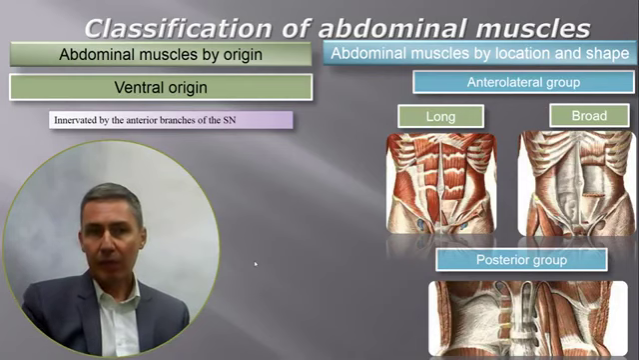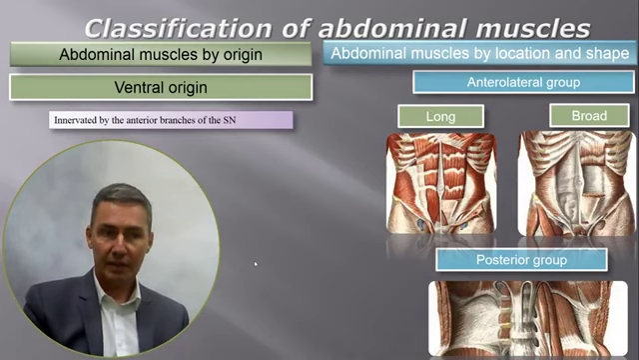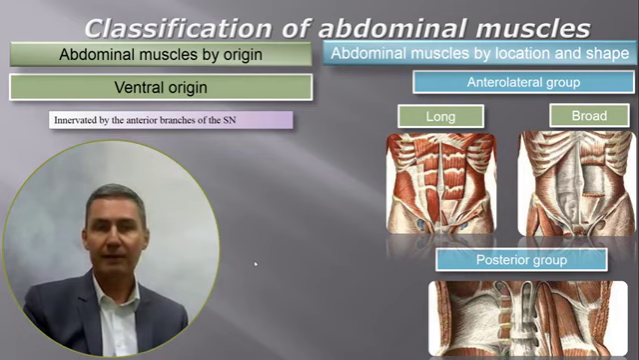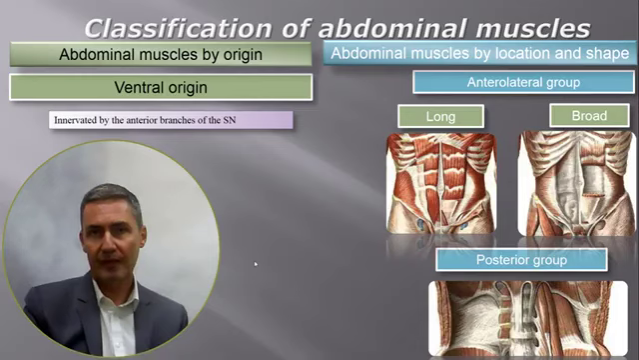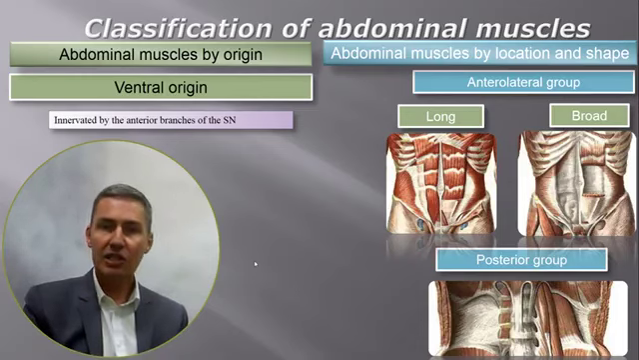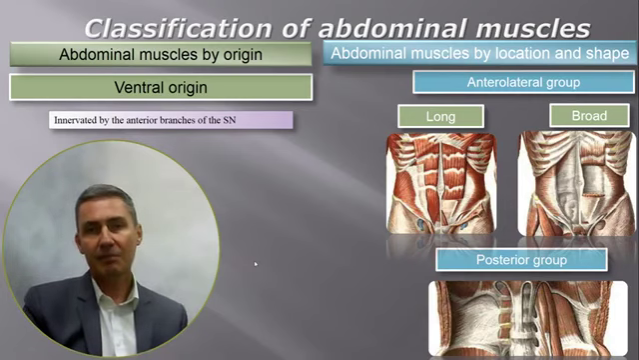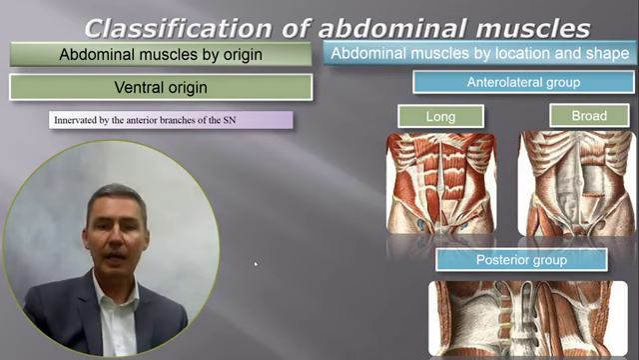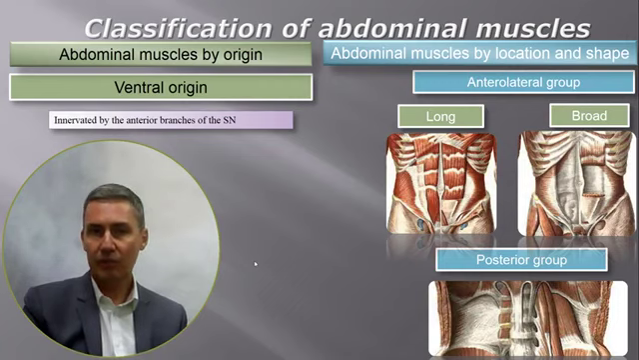Muscles of the abdomen are the muscles of ventral origin. That's why these muscles are supplied by the anterior branches of the spinal nerves. According to their location and shape, these muscles are subdivided into the anterior lateral group and also the posterior group. The anterior lateral group is subdivided, according to the shape of the muscles, into the long muscles and also the broad or